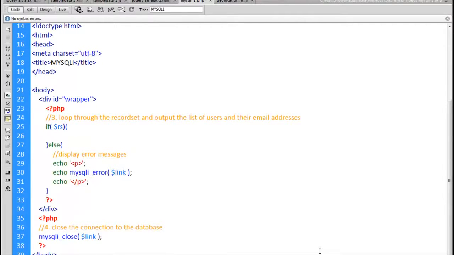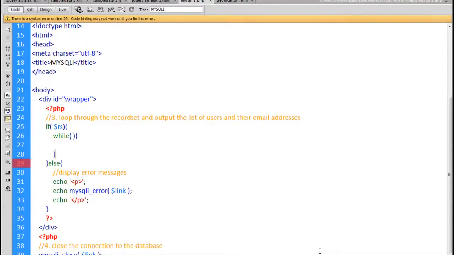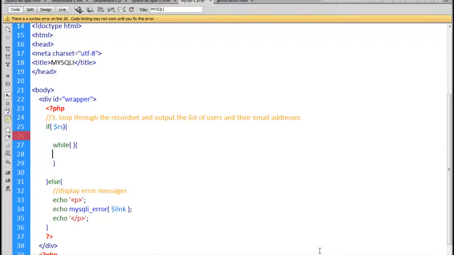Alright, so if rs, that means the query worked. We're going to do a while loop, kind of like a for loop. I'll space it out to make this easier to see. Inside the round brackets, inside the parentheses for the while loop, we put in an operation that we want to attempt. If the operation works, it keeps looping. As soon as it fails, it stops looping, which is perfect for us because